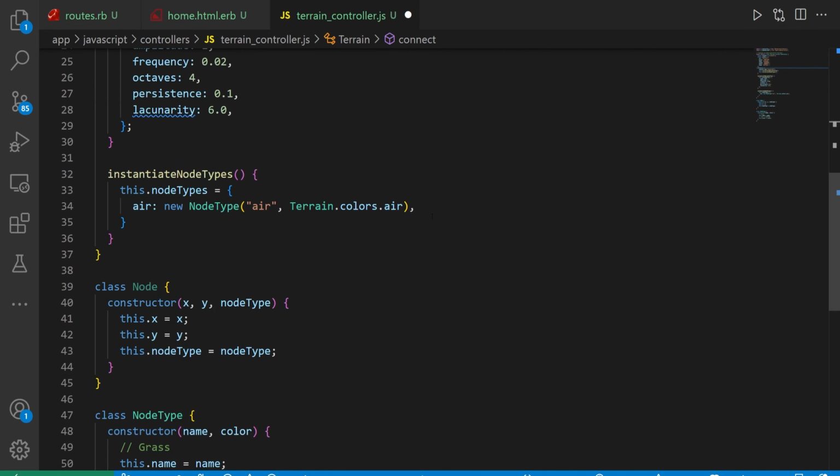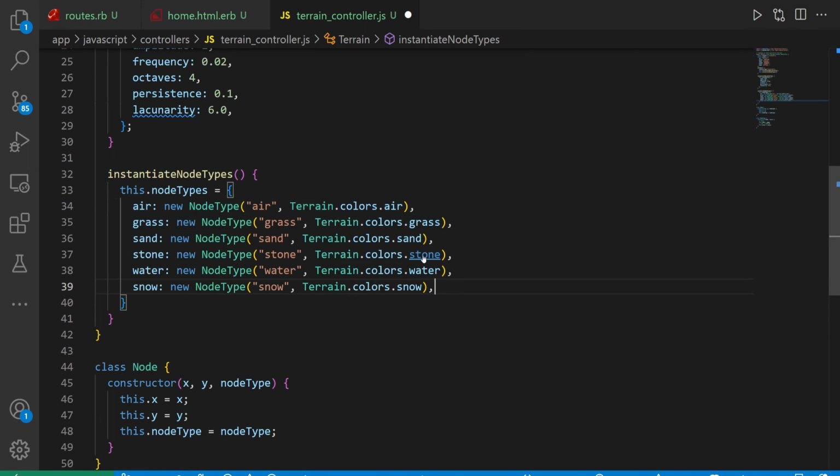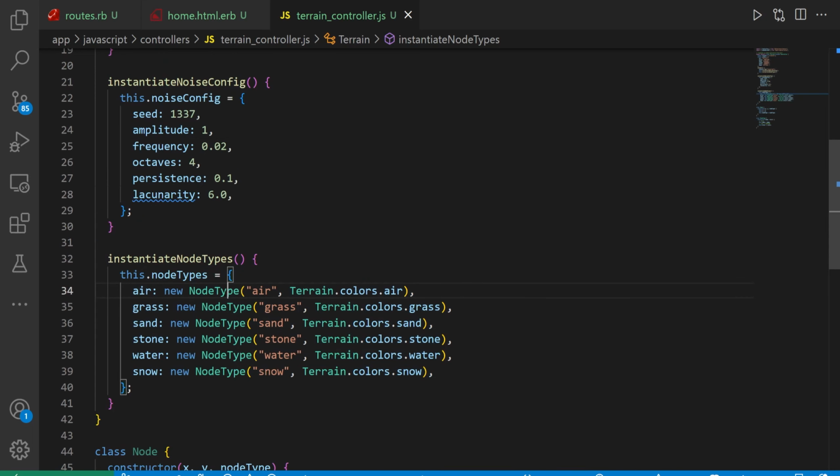But now that we have those, we can come down here and we can access these just like the code is suggesting. Now we're going to do the same thing here with the air, and I'm just going to paste these in. We're going to have one for grass, sand, stone, water, and snow. And then we just grab them from our colors object just like that. So that gives us a bunch of customizable options. Words are hard. And we can use those to sort of color our terrain now by accessing the node type's color,